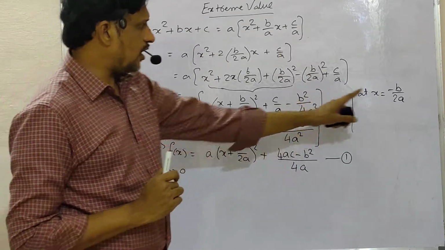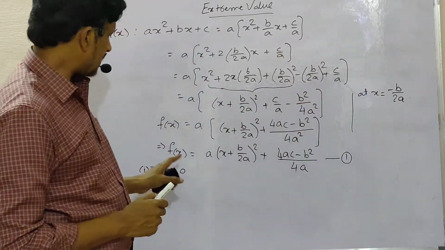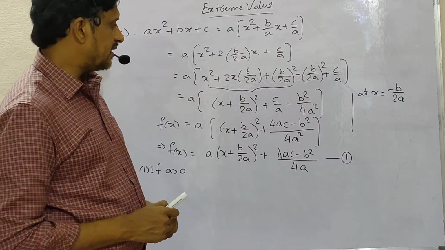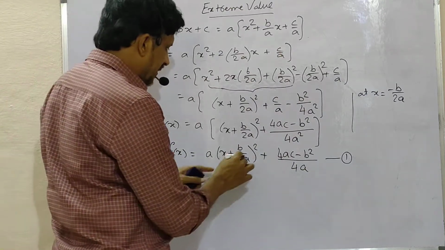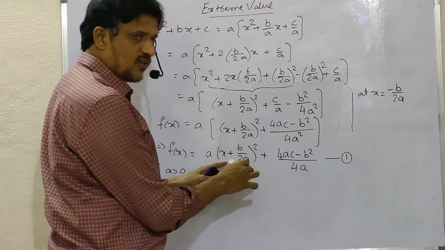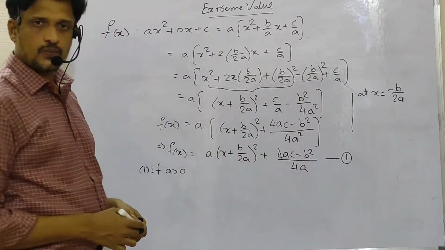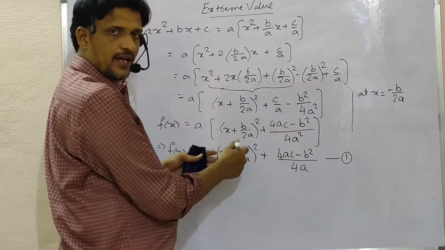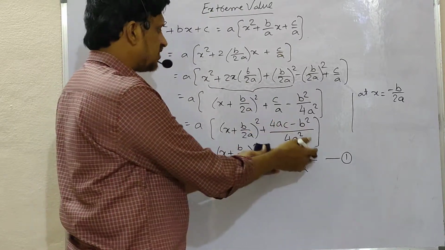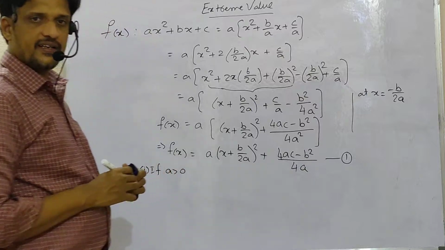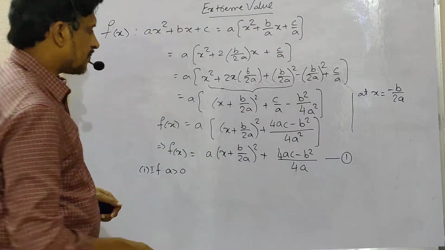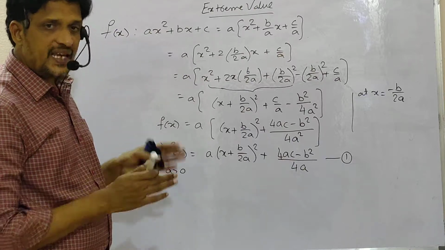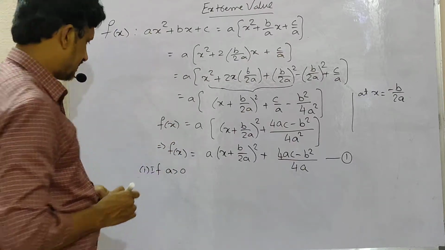So when x is equal to minus b by 2a, then f of x is equal to (4ac minus b square) by 4a. Otherwise, if it is here, it is either 0 or greater than 0 because a is positive. If it is greater than 0, you are adding some other value like 1, 2, 3 to this (4ac minus b square) by 4a. So you can say one thing, this (4ac minus b square) by 4a is the minimum value of f of x.